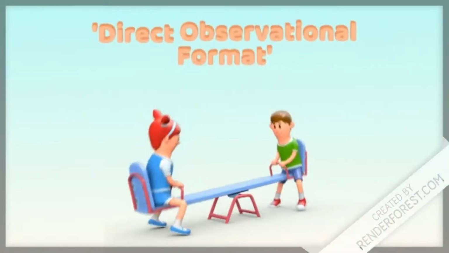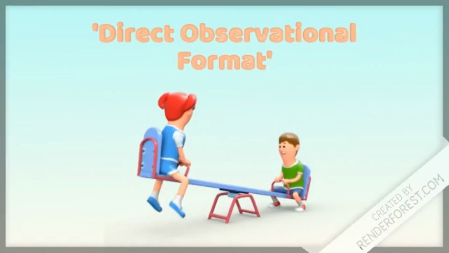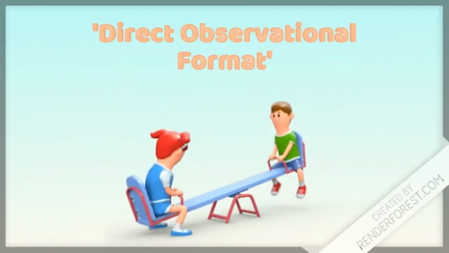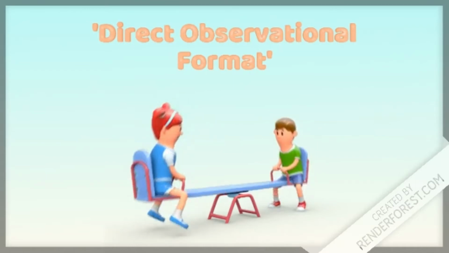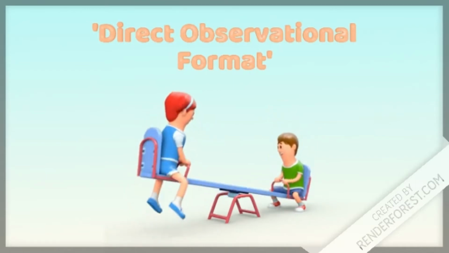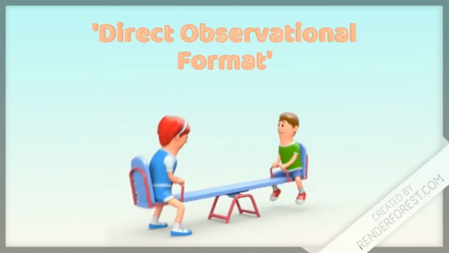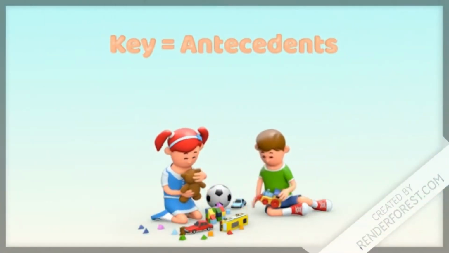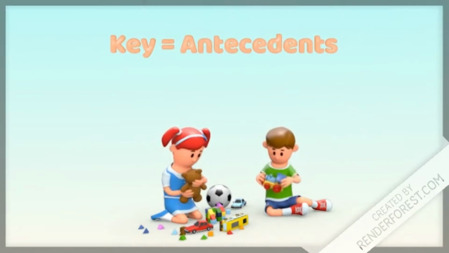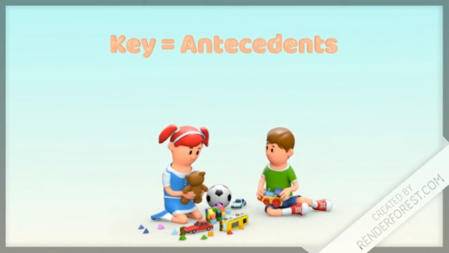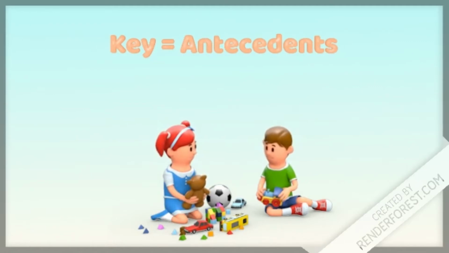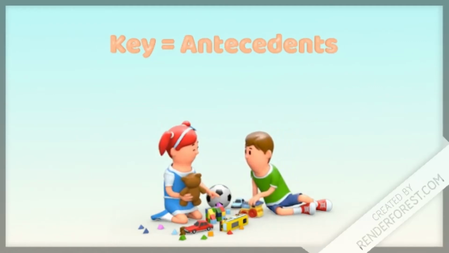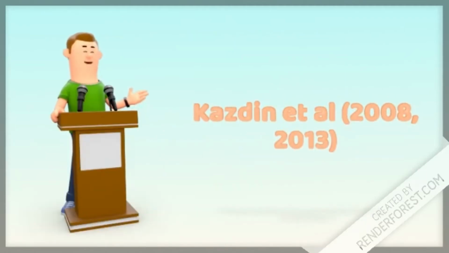The ABC model is considered to be a direct observational format, which is why it's a brilliant tool to help parents, guardians, teachers, as they can observe a child's behavior directly. This research and these findings have been published by Miltenberger et al., and the paper was published in 2004. The key part of the ABC methodology is the antecedents. This is because we can modify what we can do before a behavior takes place to make the desired behaviors more likely to occur. It is also why we must observe the events and actions that initially lead to the behavior we are trying to modify.